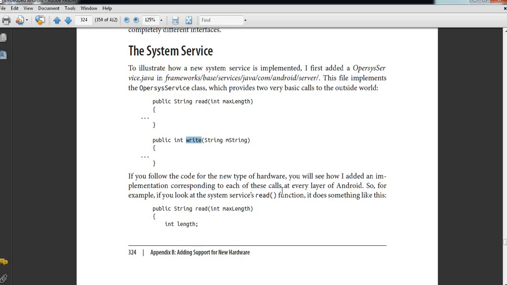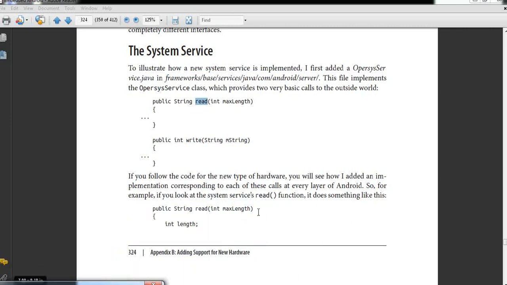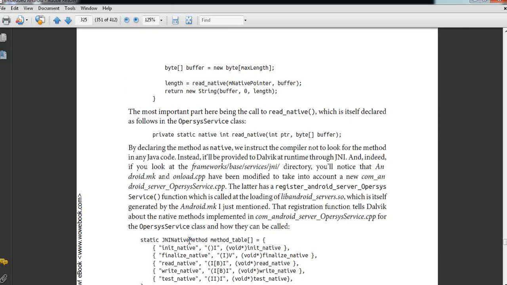Each of these calls at every layer of Android. So for example, if you look at the system service read function, this one, it does something like this. Read, suppose one argument as max length is given, an integer length,